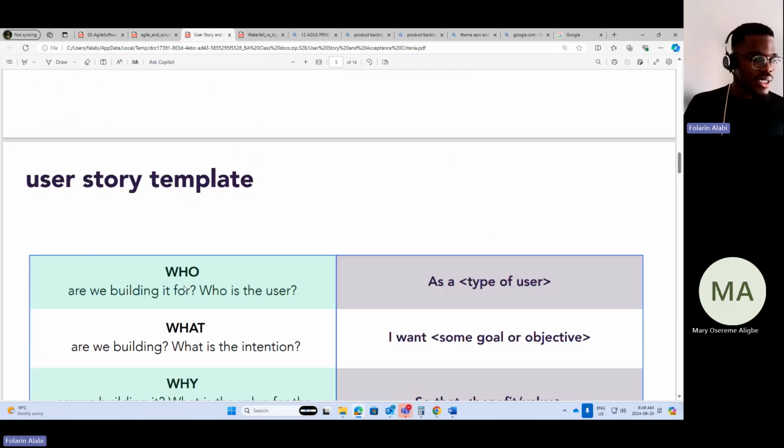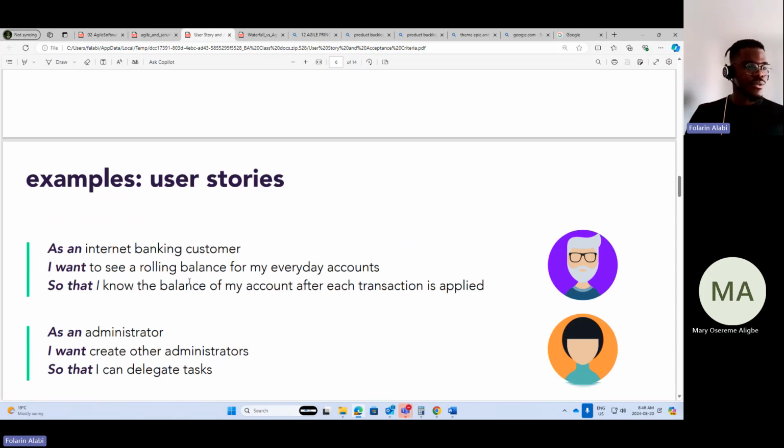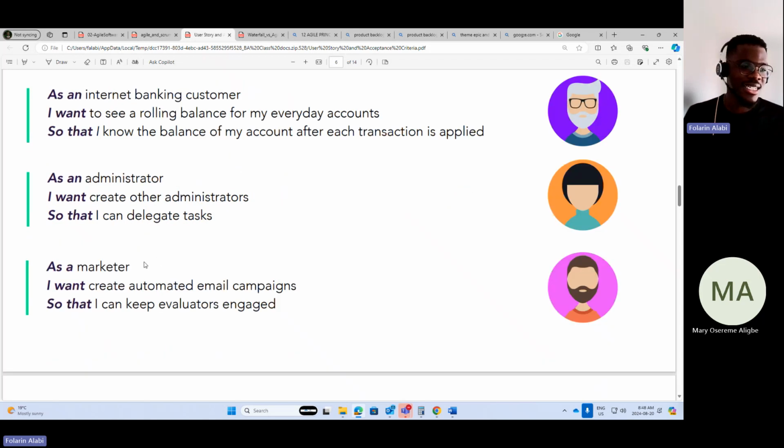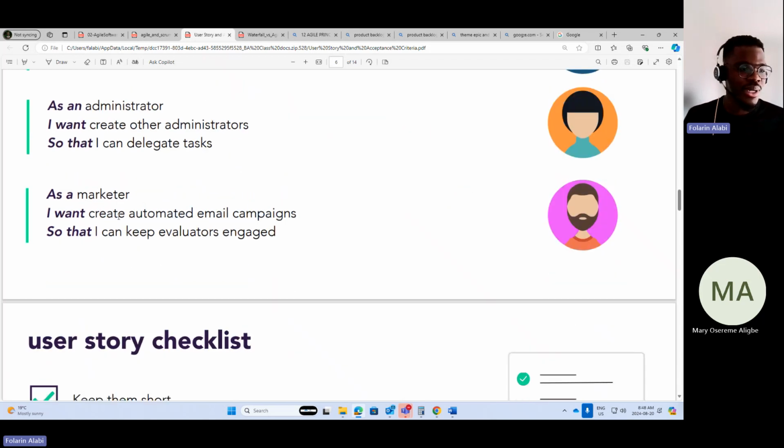All right. So let's see. Okay. So another example of user stories is you can see it here. As an internet banking customer, I want to see a rolling balance for my everyday account so that I can know the balance of my account after each transaction is applied. As an administrator, I want to create other administrators so that I can delegate tasks. As a marketer, I want to create automated email campaigns so that I can keep